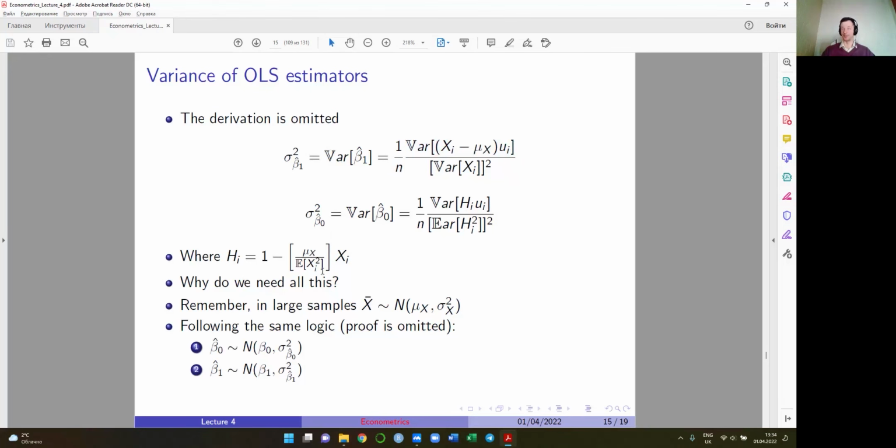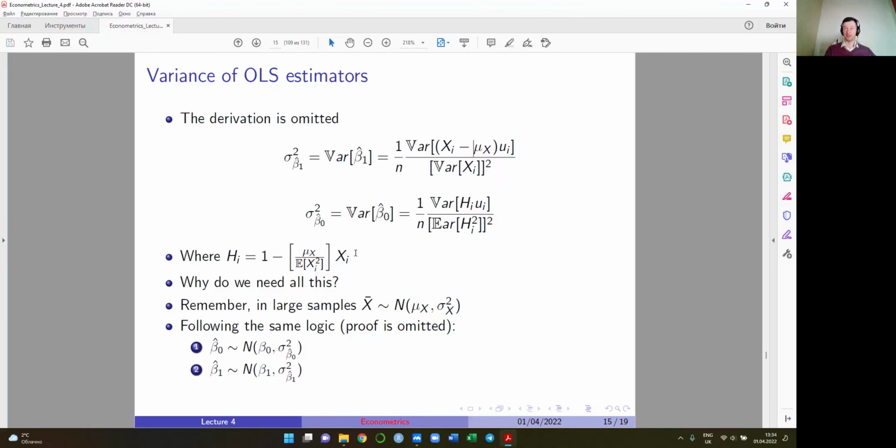And the expectation of xi squared is not known. So we need to switch all these elements with their sample counterparts: sample variance, sample mean, residual, and here also the sample variance of x, and so on. And then only after this substitution, all population parameters with their sample counterparts, will we be